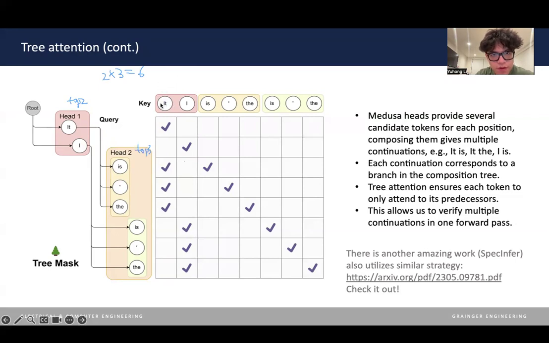So we have six combinations, but on the attention maps, we just flatten this tree. You can see we can flatten this tree and use the attention map to indicate the relationship between the parents and the children. So for head 2, we have this is